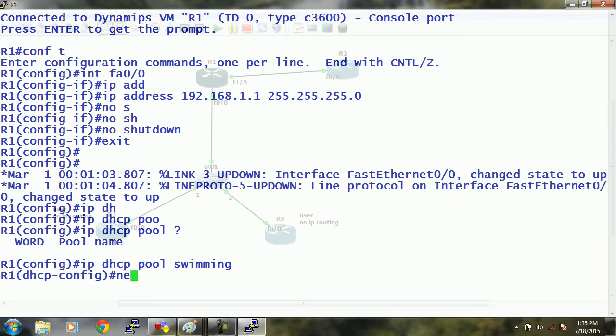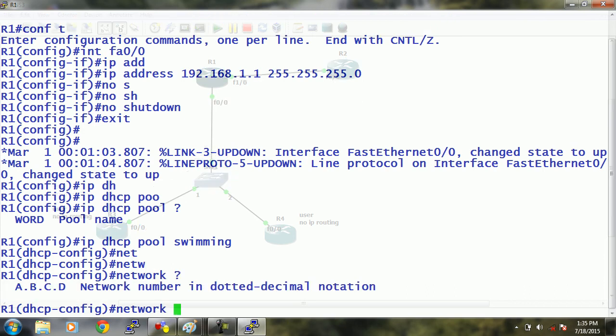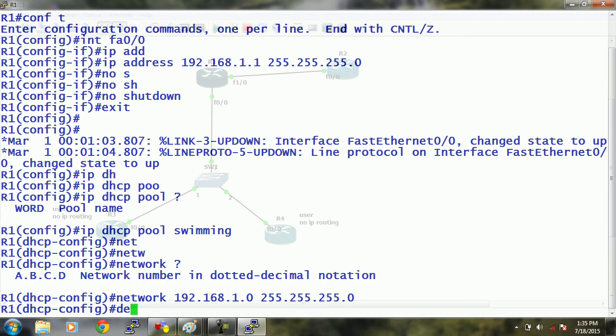First command is network. Network is defining here the pool you are creating. Like I am creating the pool 192.168.1.0. This is my pool. Second command is